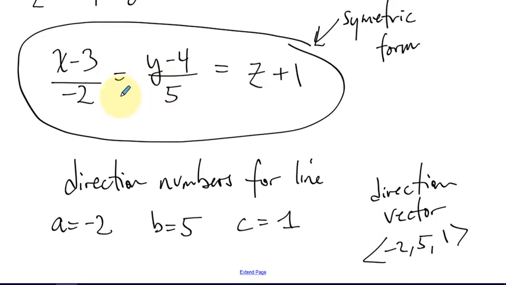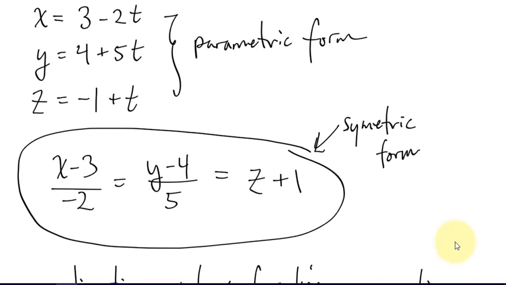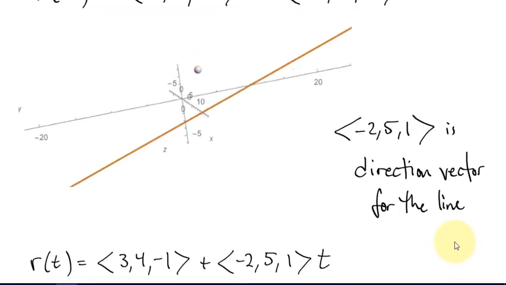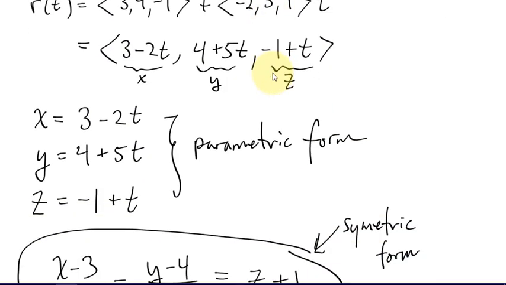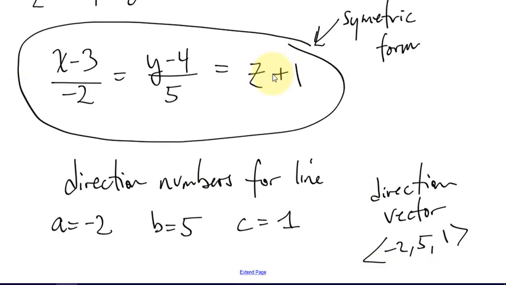It's identified here as components of these equations. The negative 2, 5, and the 1 form the direction vector. It's the same direction vector that I saw back right here. Okay, all of that was really just to talk about the different ways of expressing the equation of the line